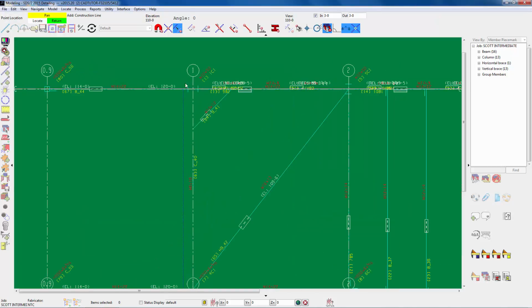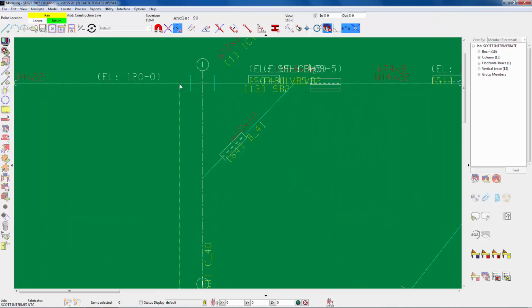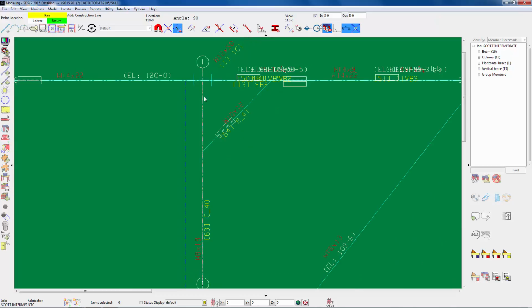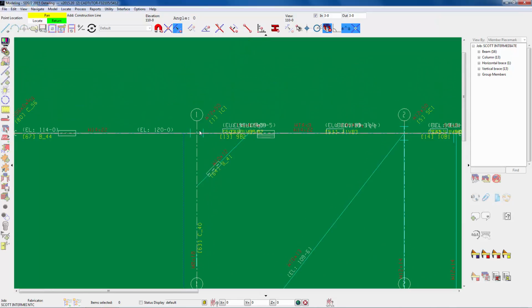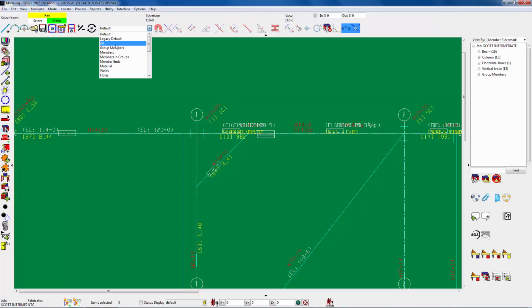And as you can see, my construction line came in. It stops right at grid line C because it's based off a finite grid line. If you would want that grid line to extend past, you need to change your grid line from a finite to an infinite. So to do that, as a reminder, I'll escape out of here, change our default filter to